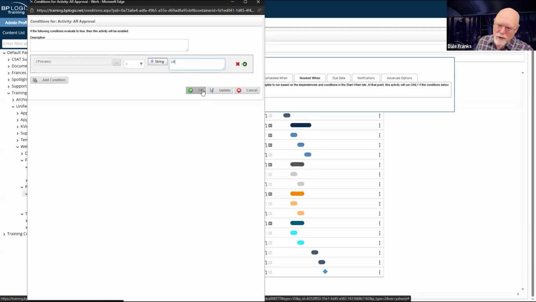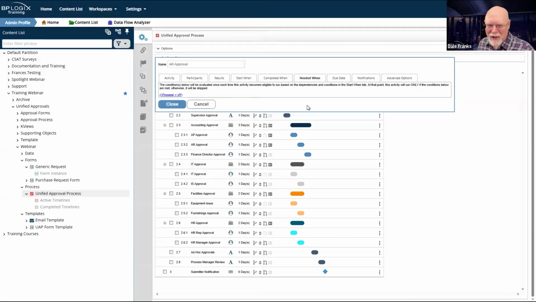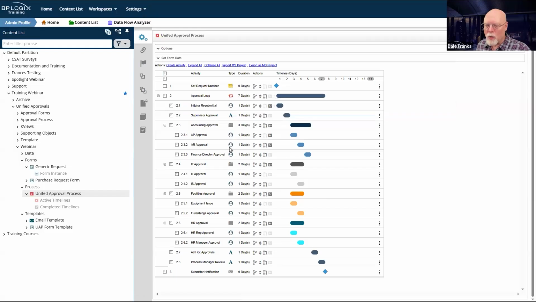I should probably include all 5 here, but I just couldn't be bothered. I'm here to get concepts across, not to actually build a working application. So we're fine. If it is a vendor payment, it should go to accounts receivable. If it's a purchase order or a purchase request, it should go to accounts payable.